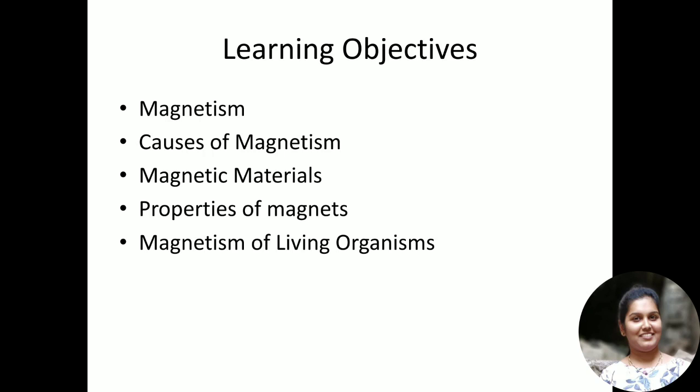Later we'll discuss the causes of magnetism, then the magnetic materials that are commonly available, and then the basic and fundamental properties that any magnet possesses. Finally we'll see some examples where living organisms exhibit some kind of magnetism, and we'll end this video with